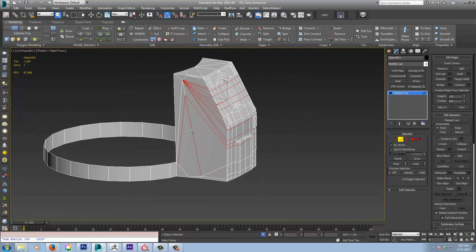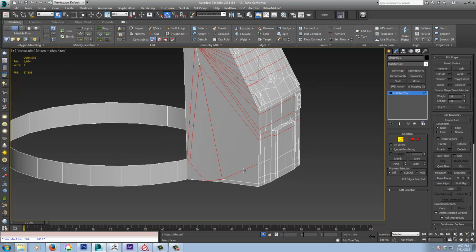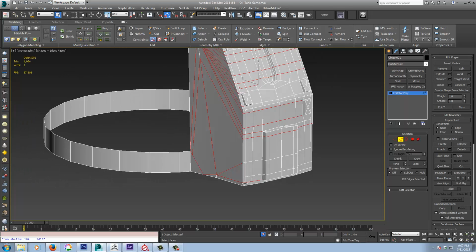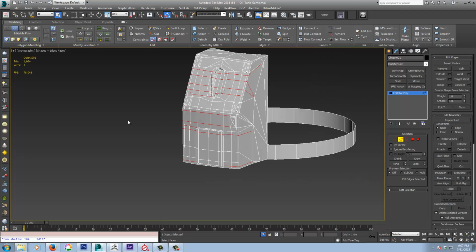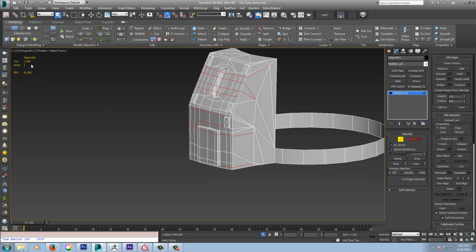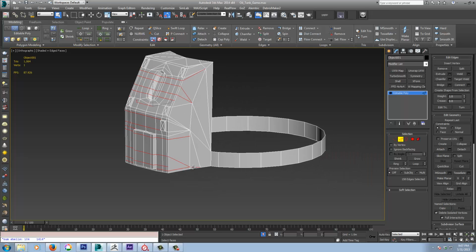And just add to your selection. I could have cleaned this up a bit better for the purpose of the demonstration. I didn't, but you can clean this up as much as you like. You can see here, that's the count there. I think the total count of the actual low poly was about 3,000 triangles or thereabouts,